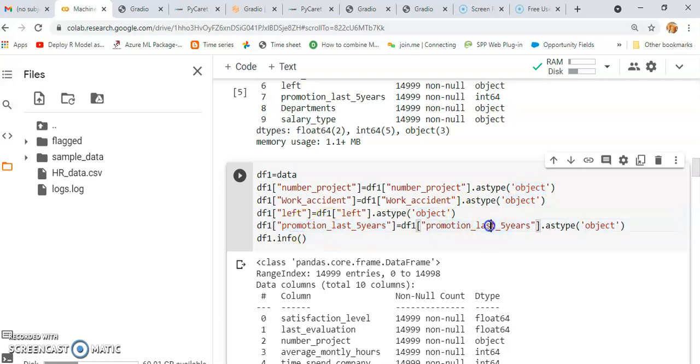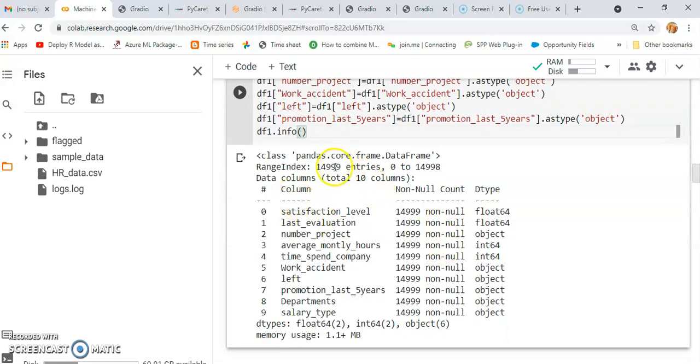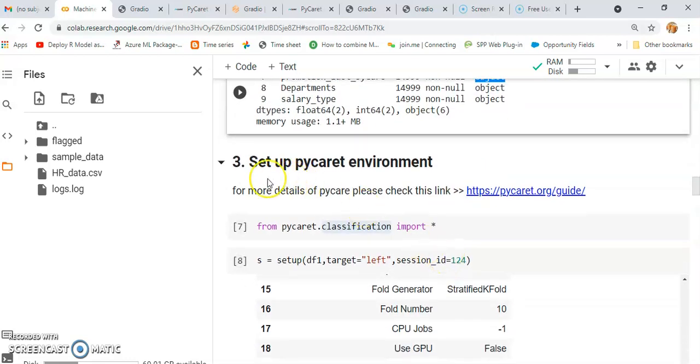Promotion in last 5 years is also 0 and 1, so it needs to be converted into categorical. Then check the information of df1 again. So you can see here number of project is object categorical, work accident is categorical, and promotion in last 5 years is categorical.